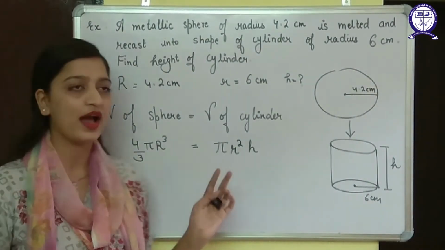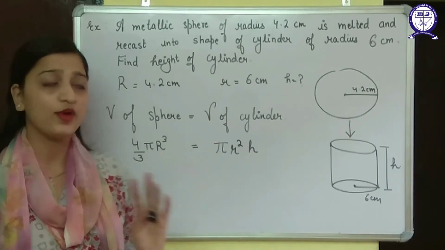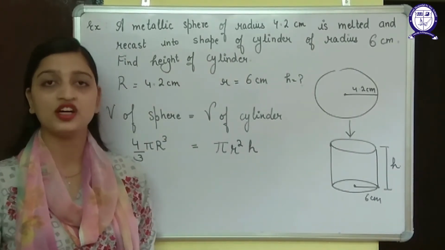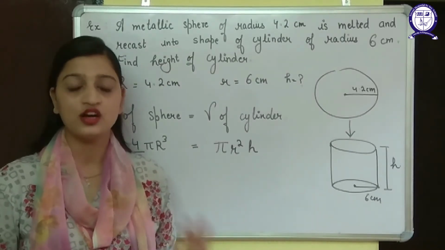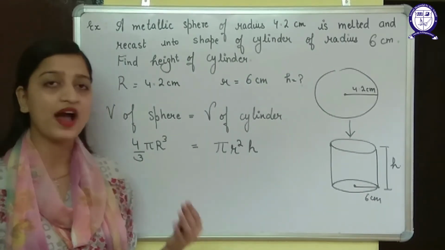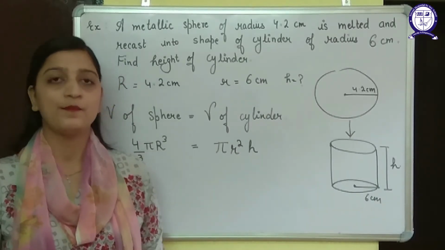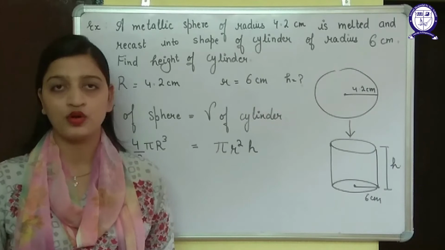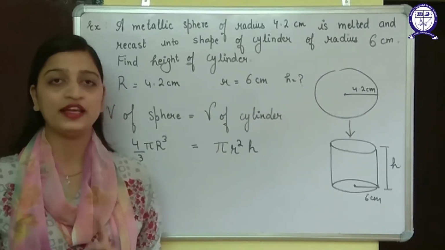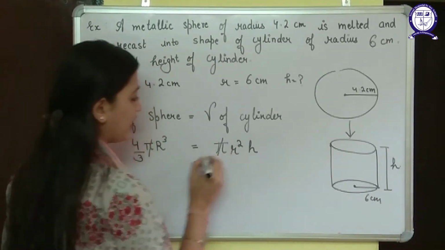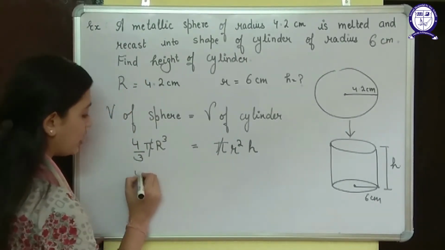Now in these questions, generally the value of pi will be eliminated from both the sides, because in most of the questions the formulas will be of cone, sphere, hemisphere or cylinder. So in that case you will have pi on both the sides, so pi will be eliminated from both the sides. But in the case of cube and cuboid, the value of pi needs to be put. So here I can cut this pi and pi. Now I am putting all the values.